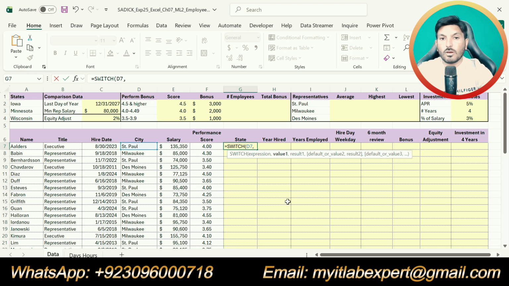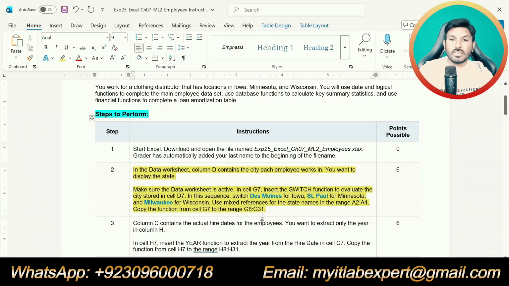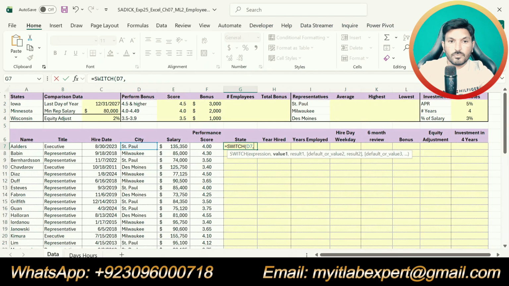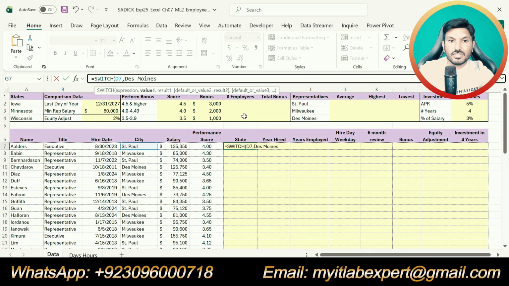Now it is asking for the value to match. We will type this in inverted commas, Des Moines, for Iowa, and we will use the mixed reference for this one.